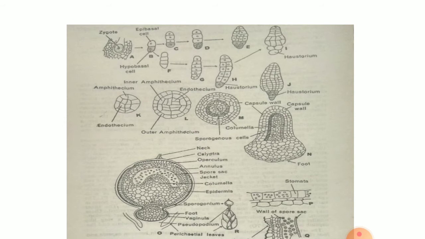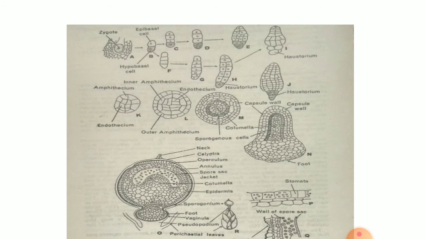It divides by two divisions to form an epibasal cell and a hypobasal cell, and the filamentous structure is formed, and the lower cell gives rise to the haustorium, and the periclinal division gives rise to the amphithecium, which is outer, and the endothecium, which is the inner layer. And in figure O, you can see the mature